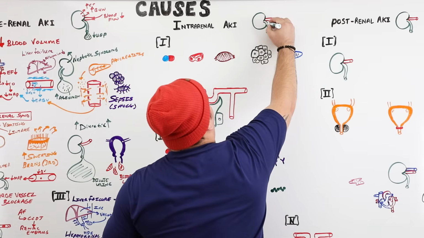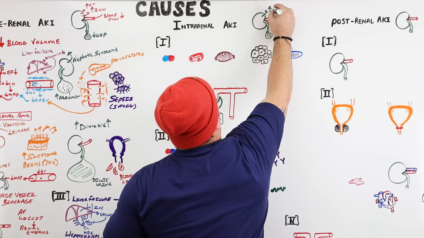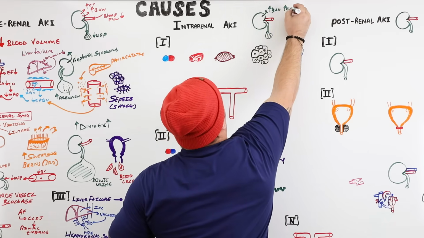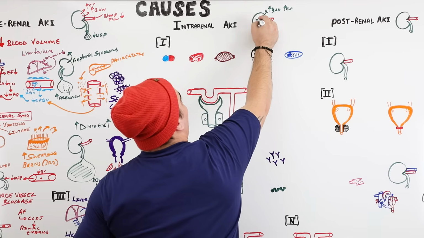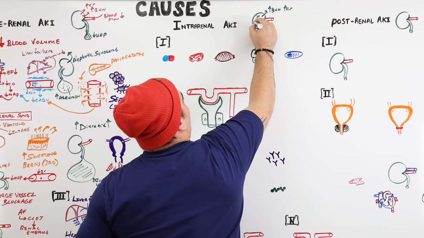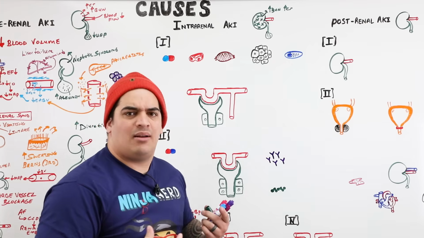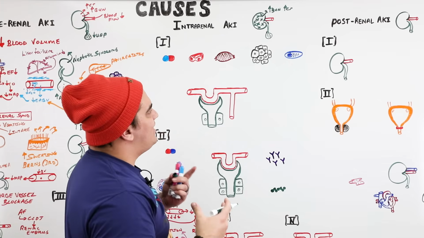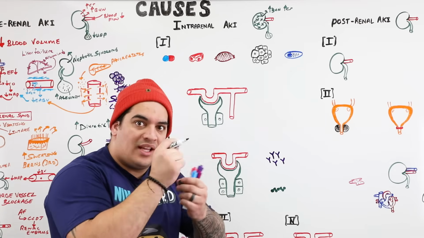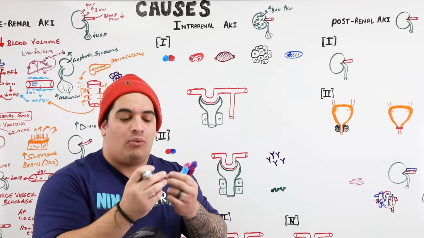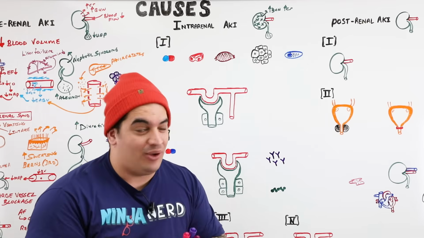But in intra-renal AKI, the person is again having low urine output or high BUN, high creatinine, but it's not due to an issue with the blood flow. It's an issue with the kidney itself. So the kidney tubules, the small little vessels like the glomeruli, are affected in some way, shape, or form. That's the big thing: it's actually a kidney injury, particularly something wrong with the renal parenchyma, whether it be the small little blood vessels or the actual kidney tubules.